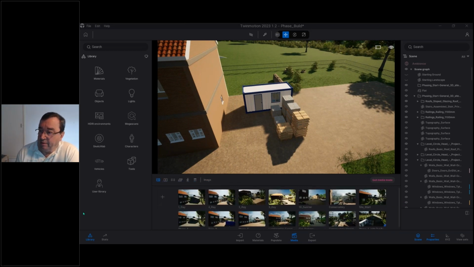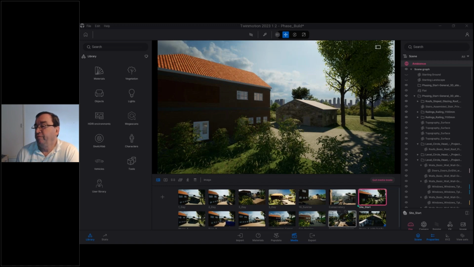If I come back to my images here, I can take images from wherever I want. So for example, let me go back to this image here. There's my site start image there. So that is essentially the site start image, and so on. And we can create a lot more images. Now with these images here, essentially these are for camera angles. So this as an image here,